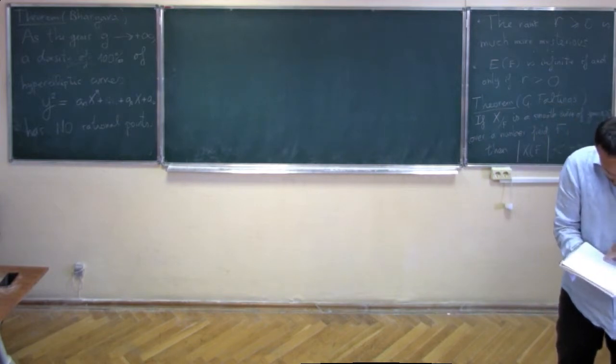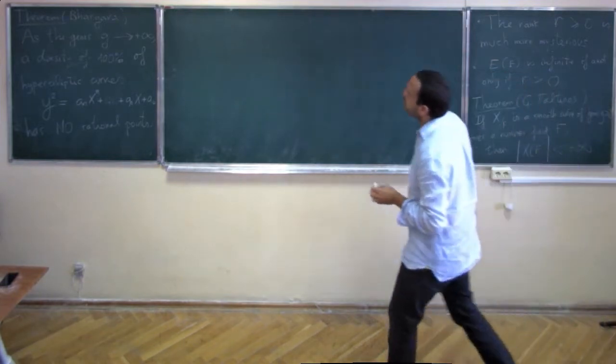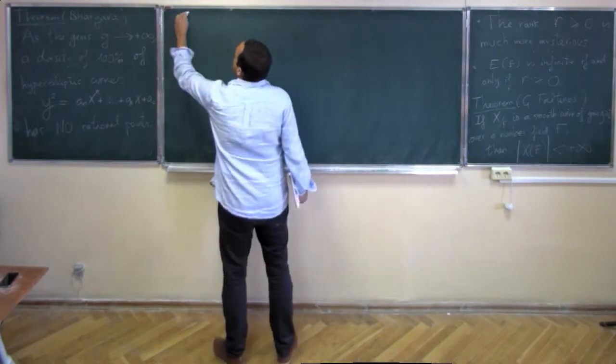So, if the genus is 1, so for elliptic curves,